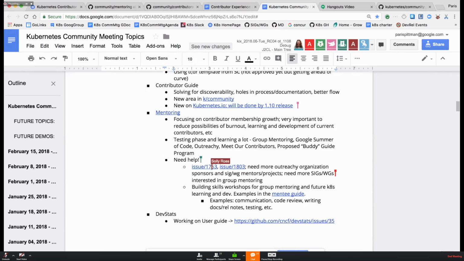Examples are in the mentee guide of what I'm talking about, and just like what I mentioned earlier, surrounding communication, code review, writing release notes, writing better documentation, how to be an approver. The list can go on and ideas can go on, and we really need help with identifying the skills that we have gaps with. So if you are, for instance, an approver and or owner maintainer listening right now,